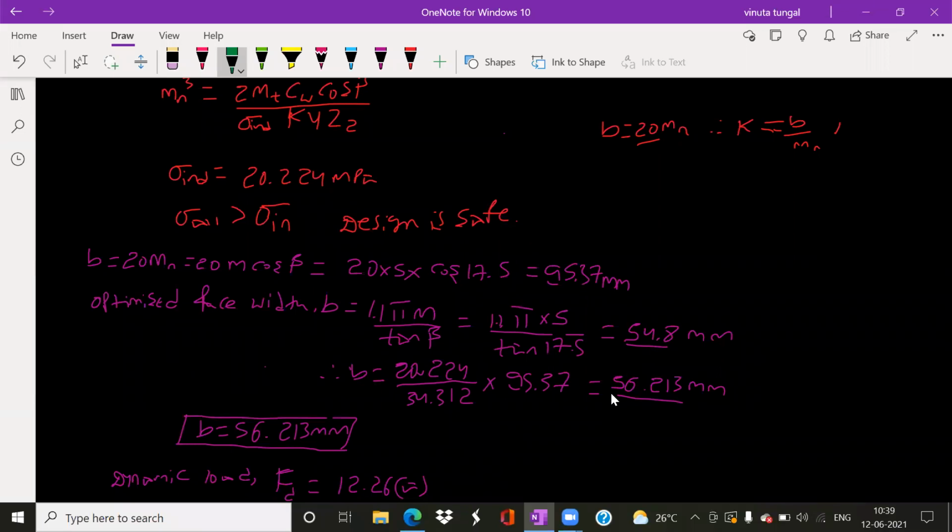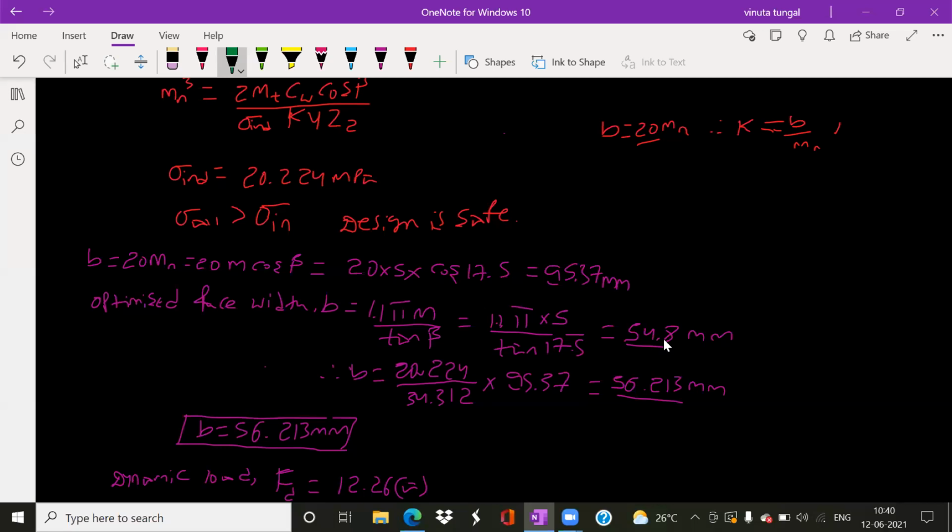I think you understood this? Why I have taken optimized means I consider the module. Why? Because this face width is directly proportional to module. Here also you can see that the face width is directly proportional to module. But in this case, whatever the K value is there, we have taken in between 12.5 to 20. In between that, you can take any value. But for our design purpose, helical, we have made it standard that I'll be using 20 only. From this, it is not the optimized face width. Now, from the module, I'll be taking the optimized. I think you understood now. Or still you have doubt?